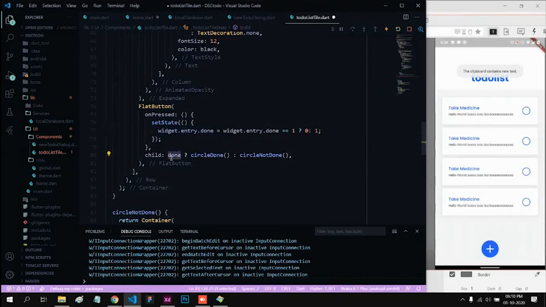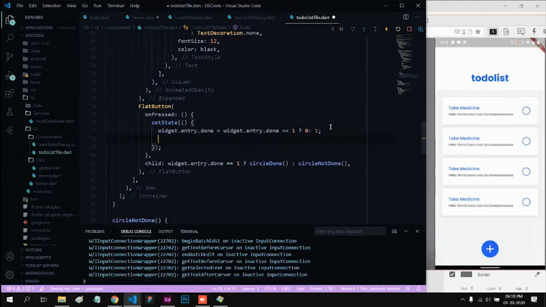So if widget.entry.done is equal to 1, it is done, circle done, else circle not done. And this is just changing the values. Okay, this is going to be somewhat hard, but stay with me. So now we have to update the value of done in the database. So how do we do that? Let's see. First let's